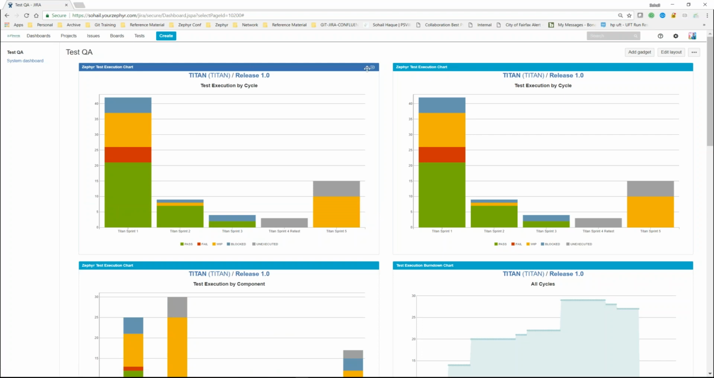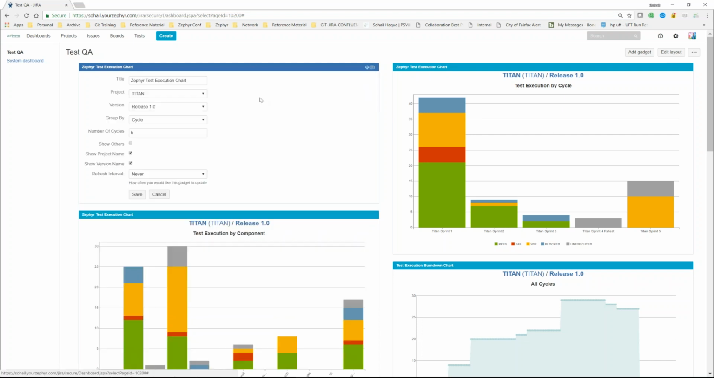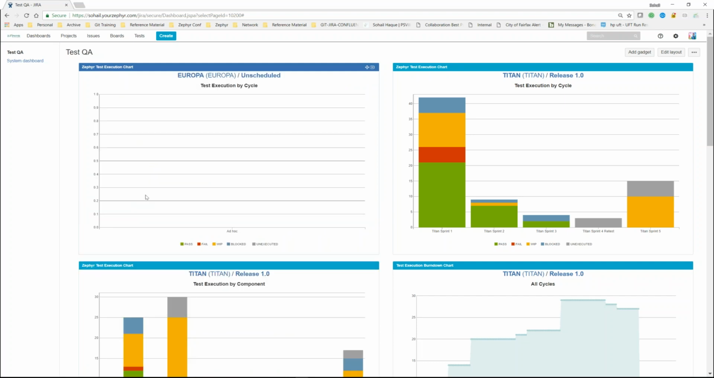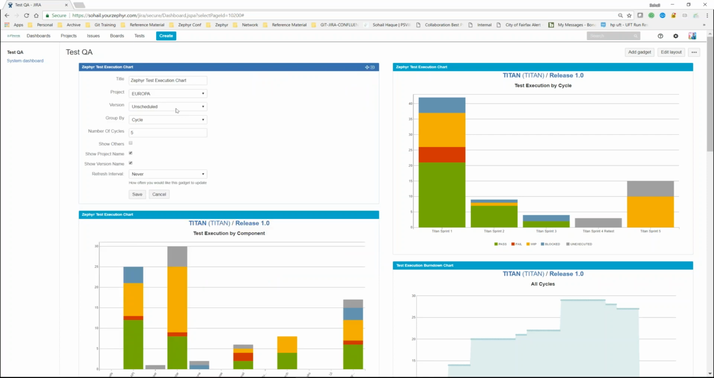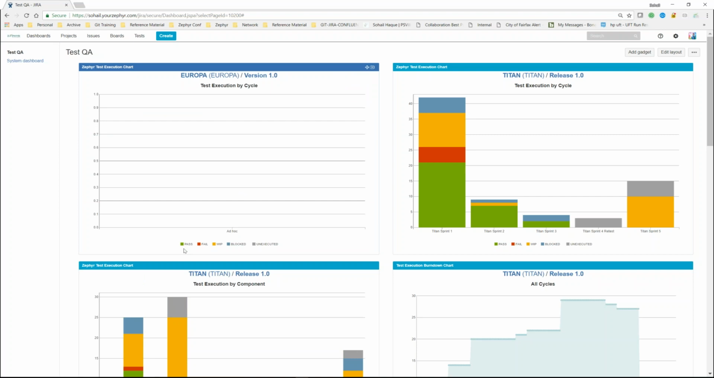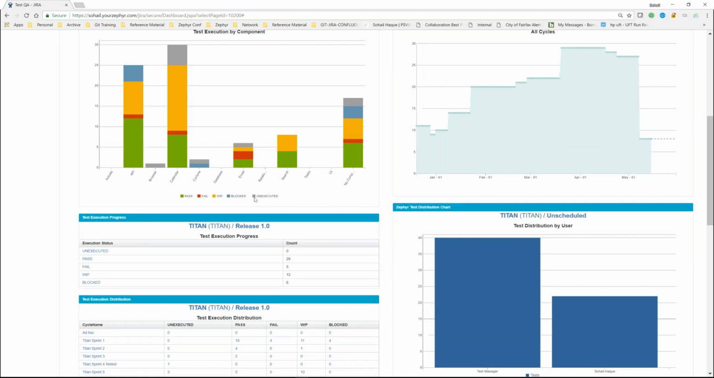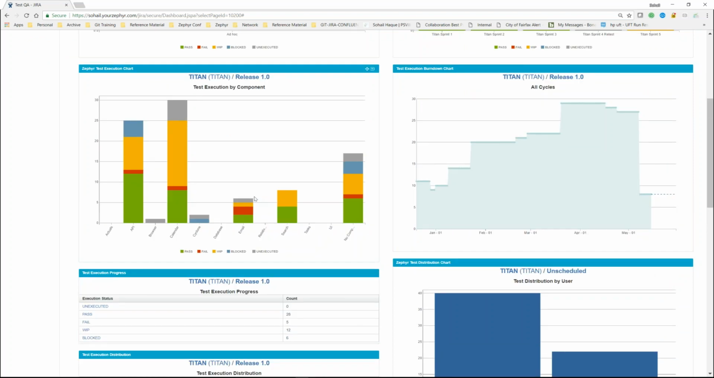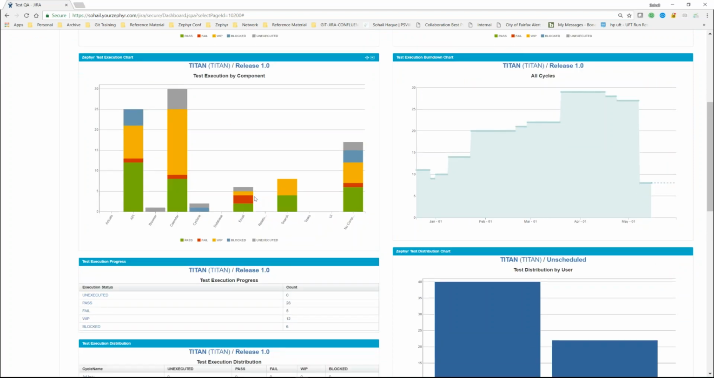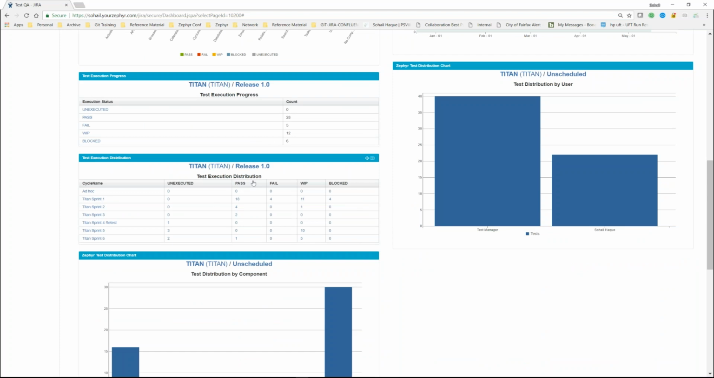That's the same thing here as well. But you can change this and say, for example, Titan's one of the projects I'm working on, but I also want to look at Europa. Currently for Europa we don't have anything there, so see release 1 cycles, that may have some information though. But you have the ability to report across multiple projects and get multiple different reports based on that, right down to the execution progress, distribution,